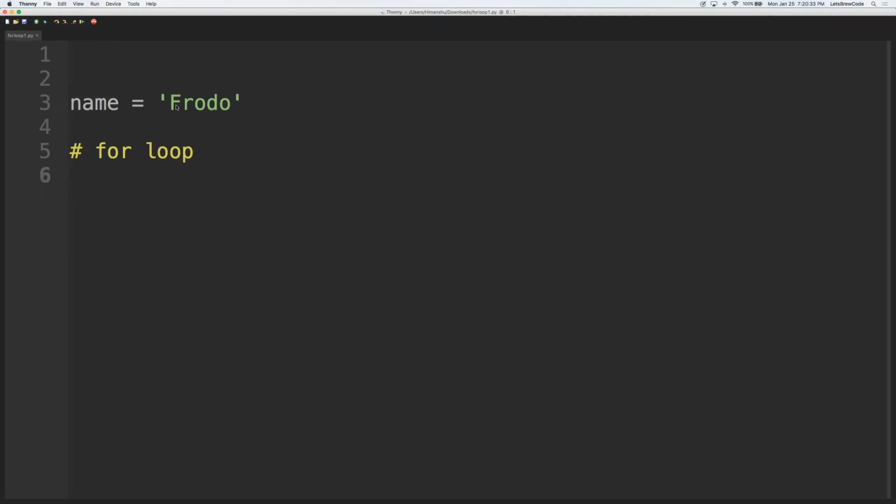For loop automatically knows how to go in a sequence from left to right, and internally it uses that iterator object. So let's begin. The syntax for a for loop is you write for, and you name some variable, whatever variable name you want to call. You can say for, let's say, character in name. For each character in name, essentially you read it like this, and you say print the character, suppose, and you run this,